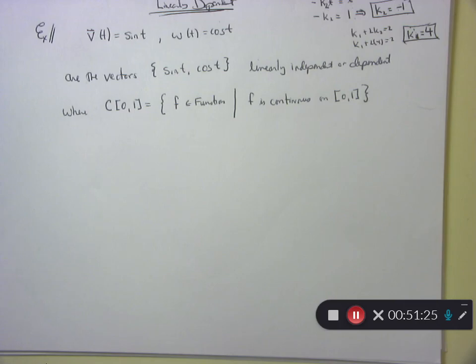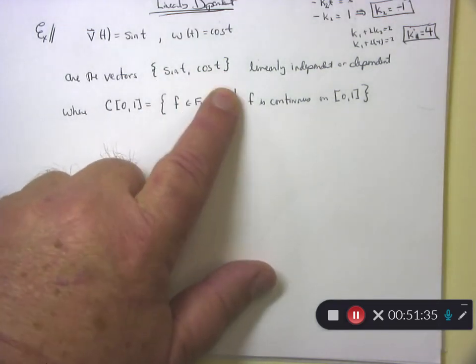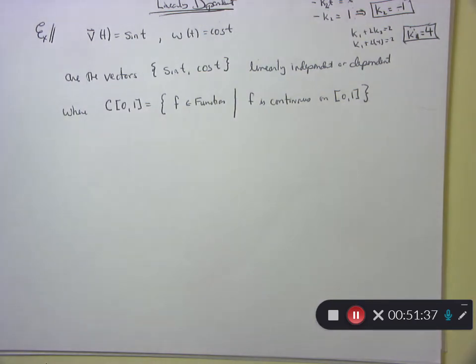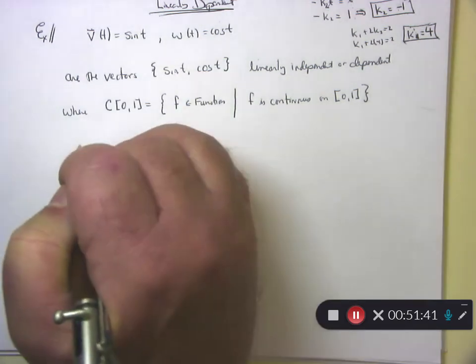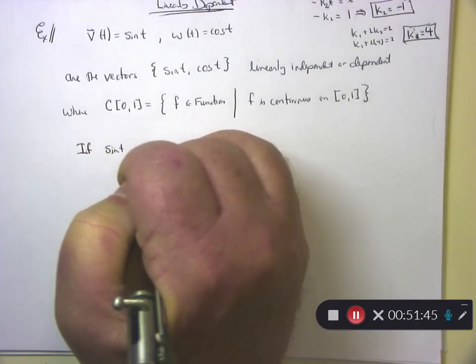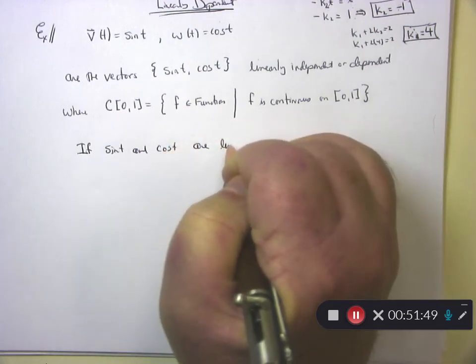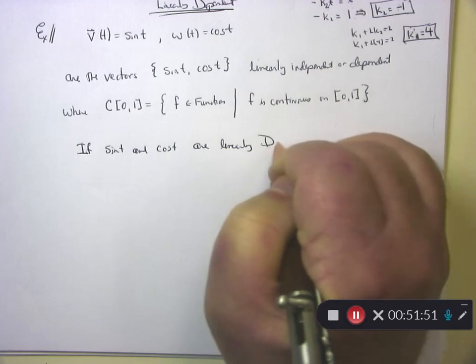I actually like the high school mindset because it gives me a mental picture of what's going on here. But we always have the limit definition as well. So these two guys are continuous functions, sine of t and cosine of t. Are they linearly independent or dependent? Well, if sine of t and cosine of t are linearly dependent,